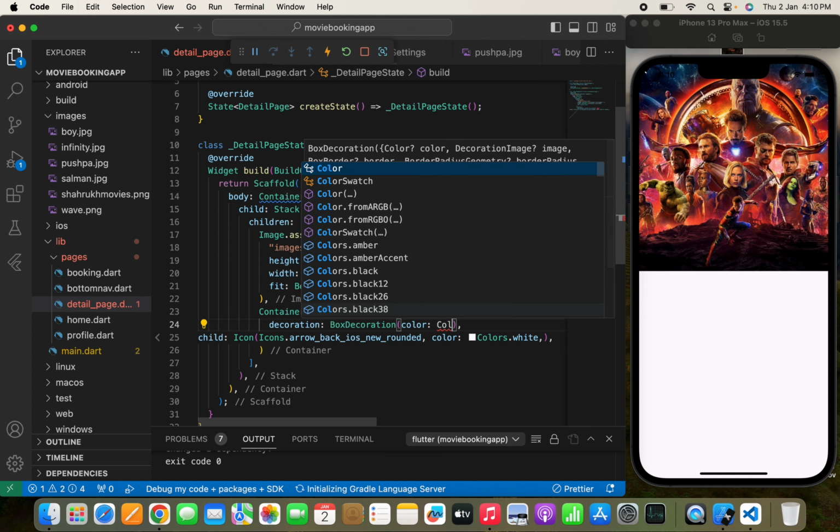Now we can see our movie picture image, and here I'm going to simply add some details. And for the details I need to do one thing. First I'm going to simply show our movie name, which is Infinity Wars. So I'll simply show that movie name,